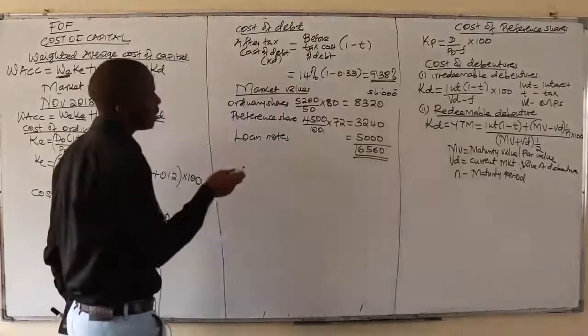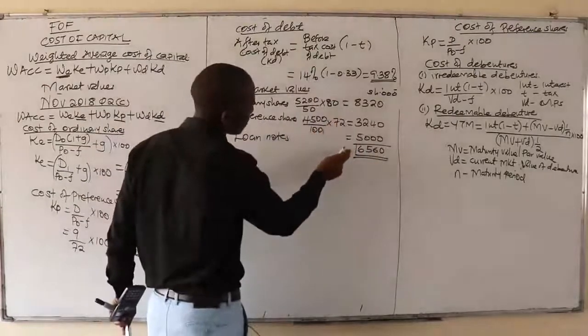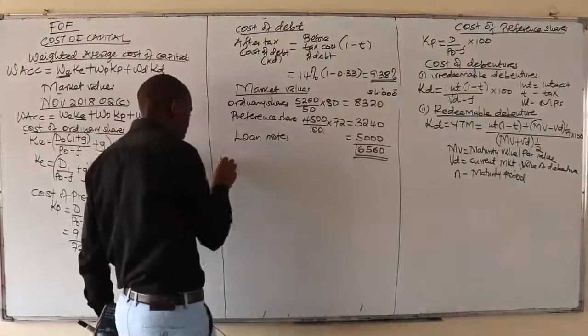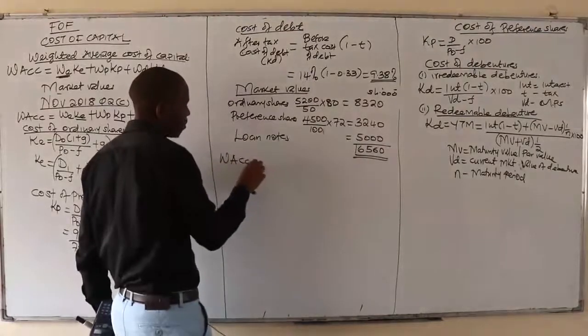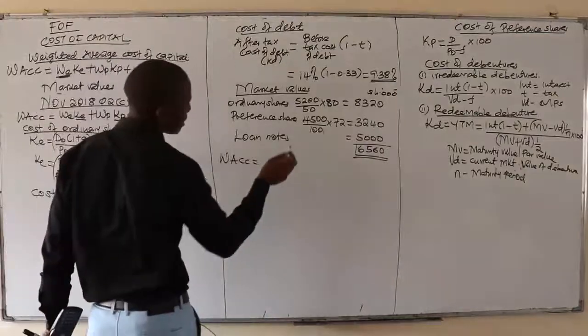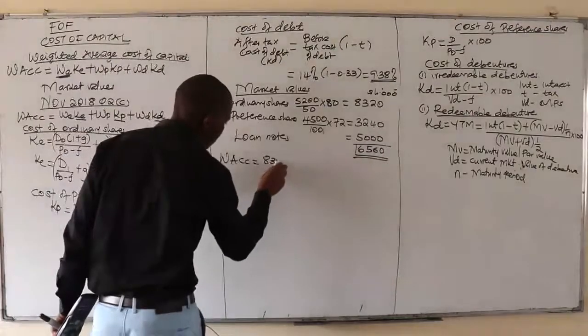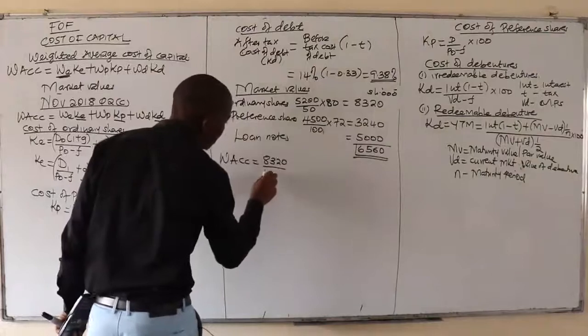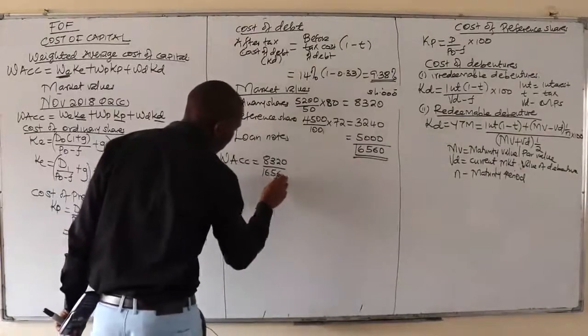Now to get the weight of ordinary shares, you divide by that. So for the WACC, it will be the weight of what? The weight of ordinary shares, which is 8,320, you divide by 16 what? The total market value,